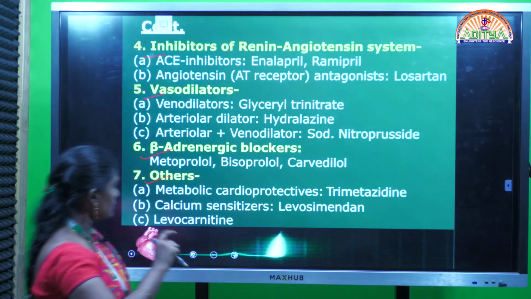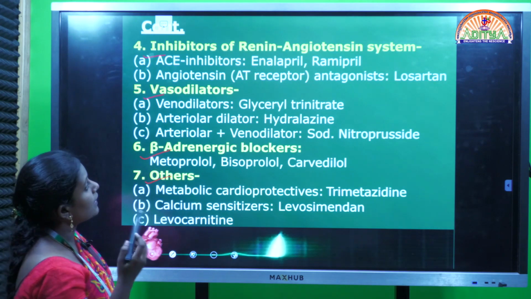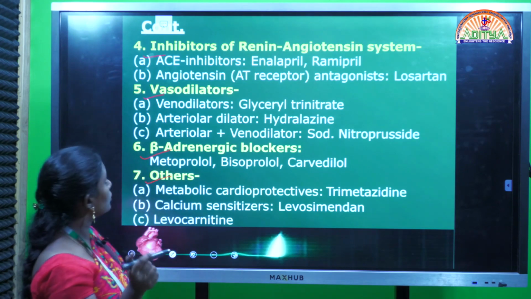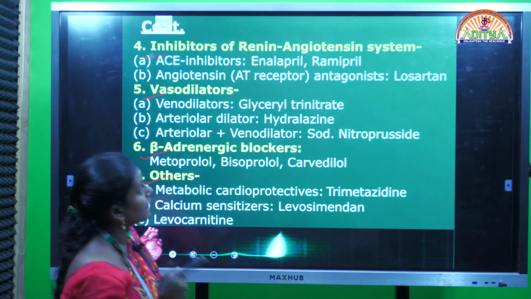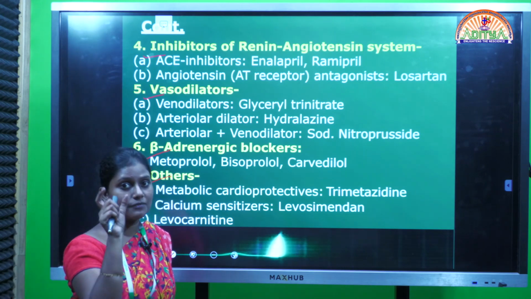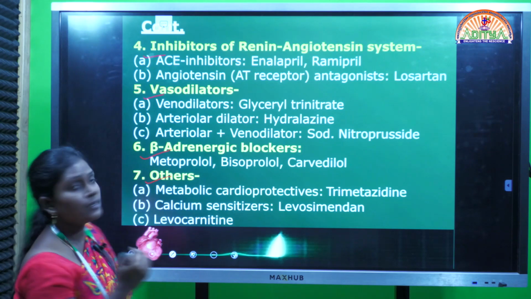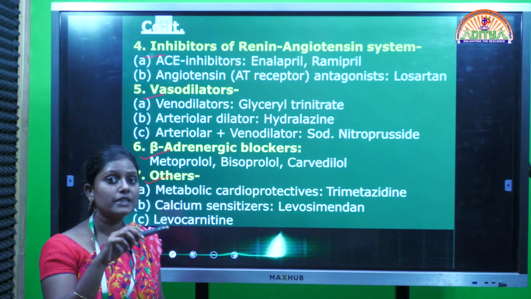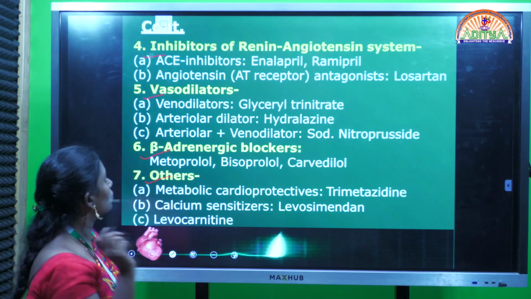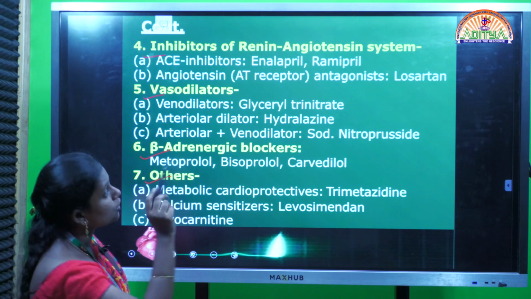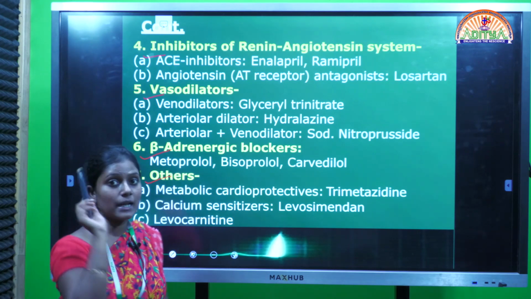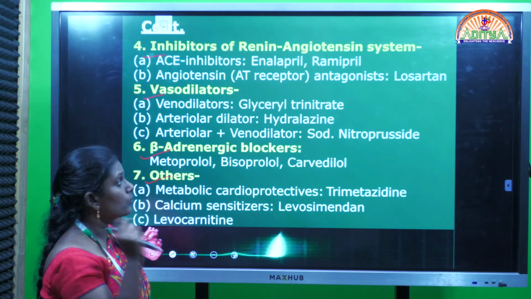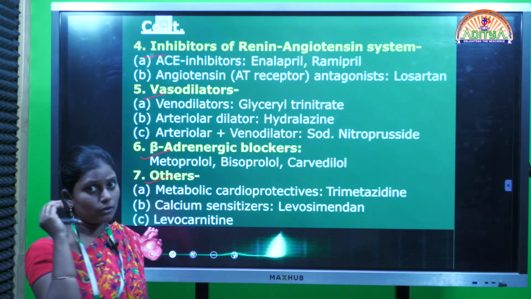Next one, coming to the inhibitors of the renin-angiotensin system. Mainly two categories of drugs will be covered here. We know ACE inhibitors, nothing but enalapril, ramipril, all the drugs with the suffix pril come under these ACE inhibitors, angiotensin converting enzyme inhibitors, which are involved in converting angiotensin 1 to 2, we know. Whereas angiotensin receptor blockers, examples losartan, telmisartan, we are very familiar with telmisartan because nowadays everybody is using this, right, which mainly involves regulating blood pressure.